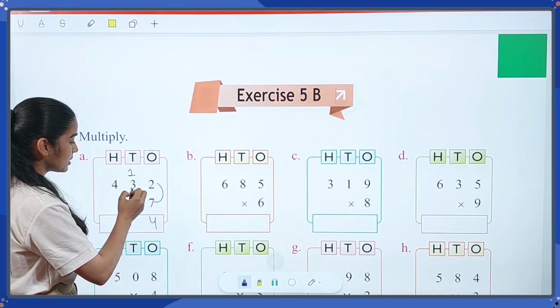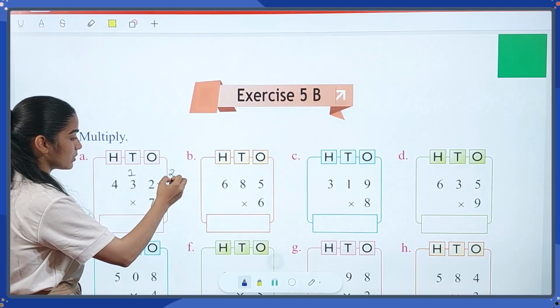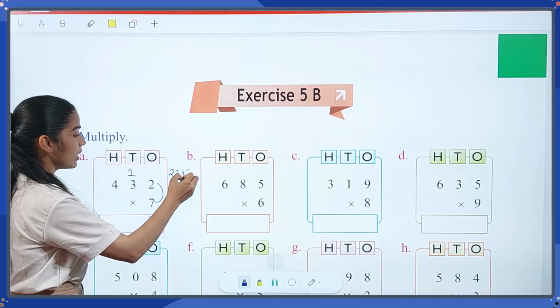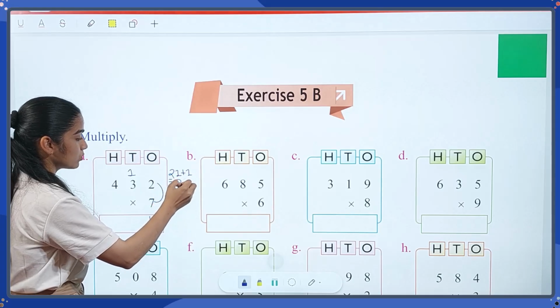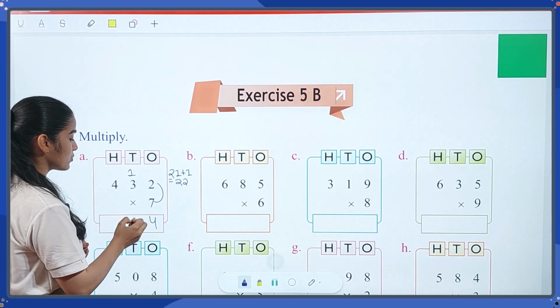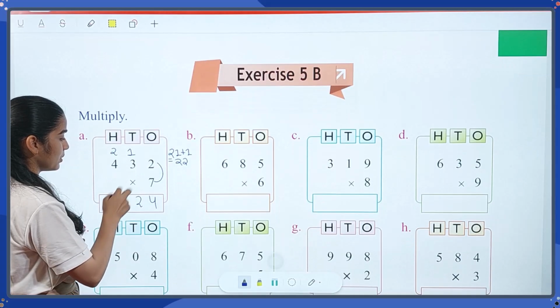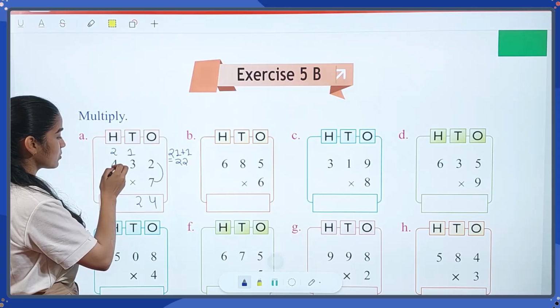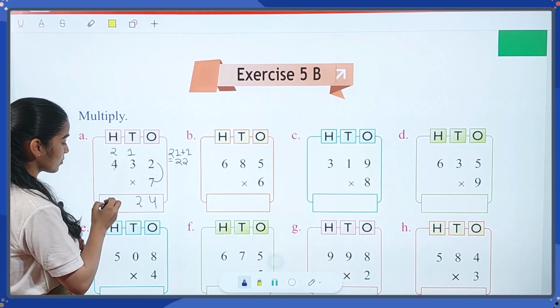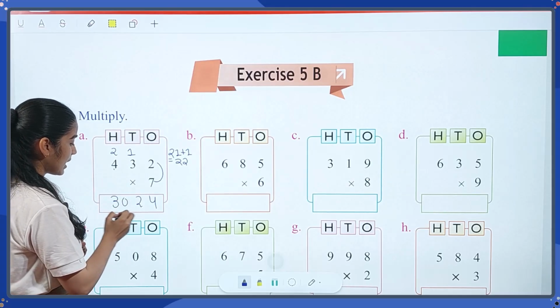7 multiplied by 3 is 21. Then we write 21, add 1 in 2 and we will get 22. So again, for the next number we just write the last digit, and 2 will be shifted to the other number. 7 multiplied by 4 is 28. 28 plus 2 is 30. So your final answer is